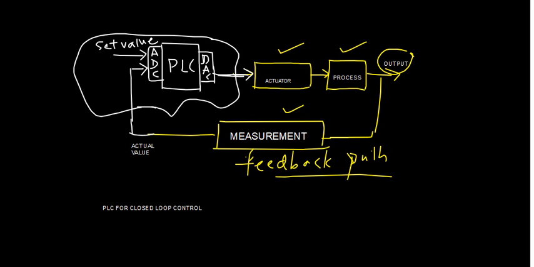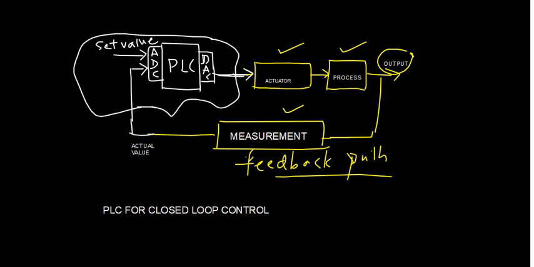Even some of the data handling instructions we have seen. But when I come to the operation of PLCs as far as closed loop control is concerned, let us see whenever I go with closed loop control,